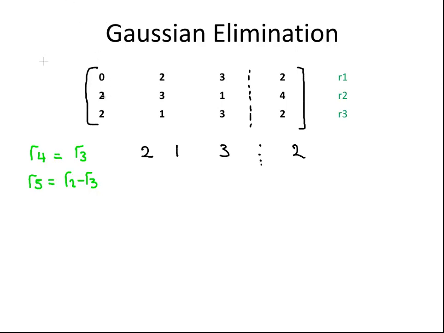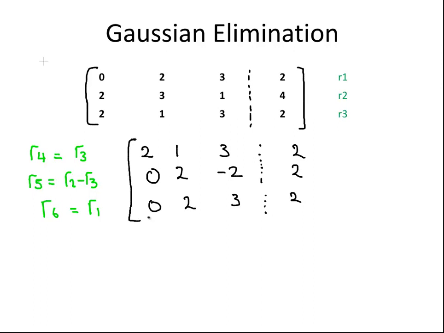So 2 minus 2, that gives us 0. 3 minus 1, that gives us 2. 1 minus 3, that's minus 2. And 4 minus 2, that gives us 2. Okay, that's grand. R6, I'm just going to put in R1 here now. It has to go in somewhere. It has to be kept. And that is 0, 2, 3, and 2. So that's our first iteration,